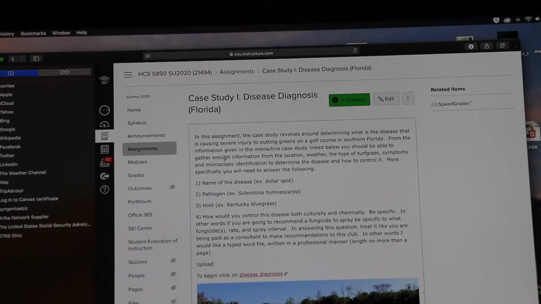The beginning part really is a description of what you need to include in your report, which you'll upload once you've figured out what the problem is and come up with some recommendations for control. And that's what this description is for. And it gives you a brief outline how you're going to do this one-page report. And in the case of this one, the name of the disease, the pathogen or the organism that causes it, the host, what did it occur on,